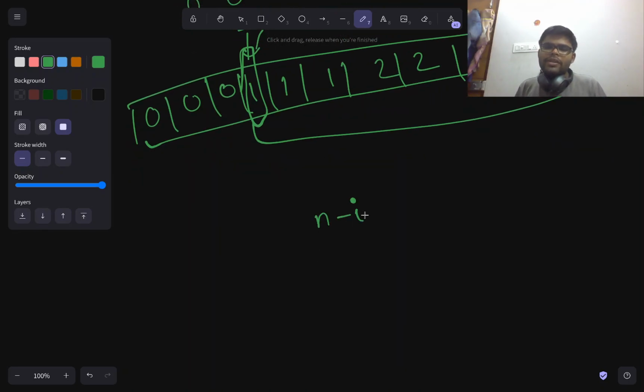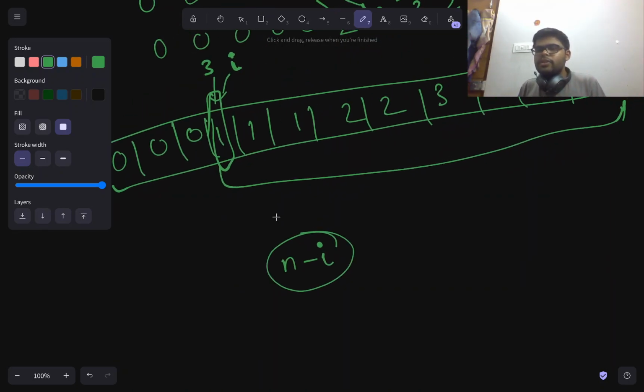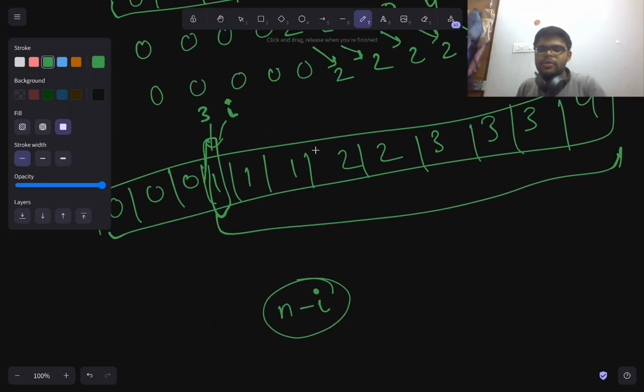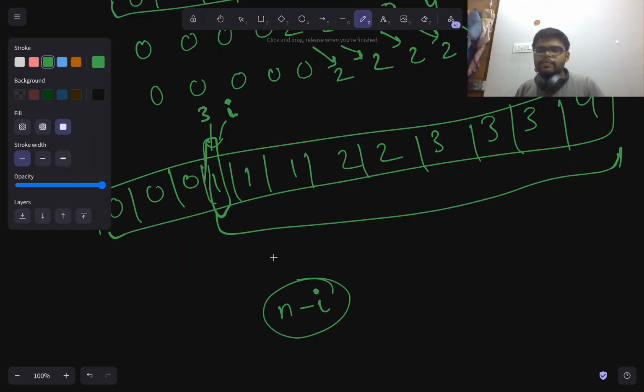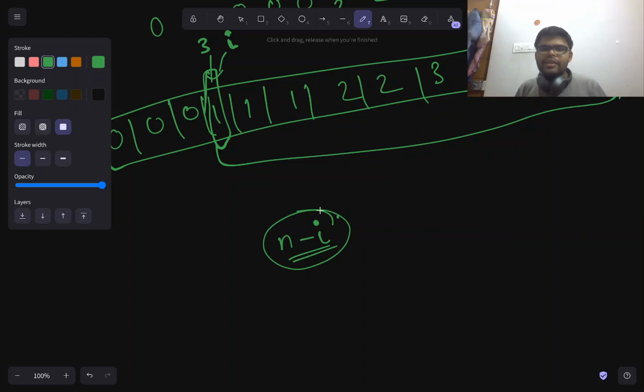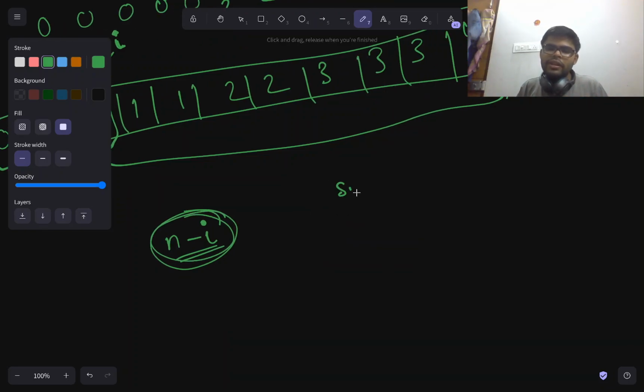Then n minus I is the number of positions where this guy will end up one by one. So we can say that this guy will have its contribution coming up n minus I times in the variable sum,